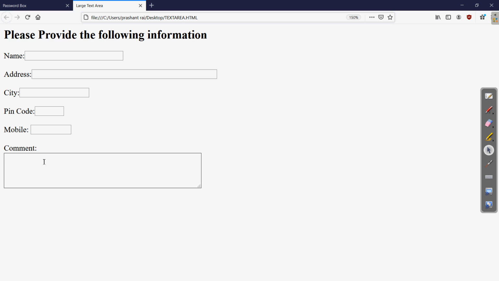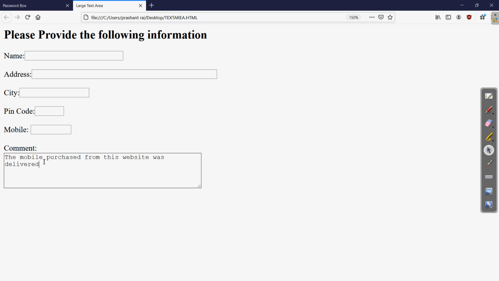So if a person is writing any comment, it can be written in the text box. Suppose we are writing a comment for this. Let us see the text wrap feature.